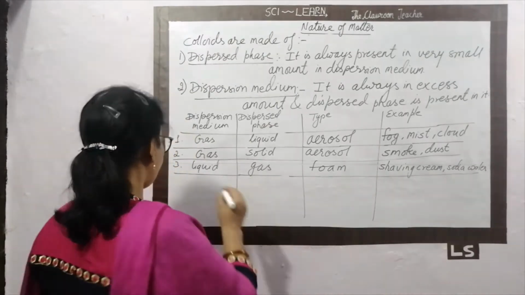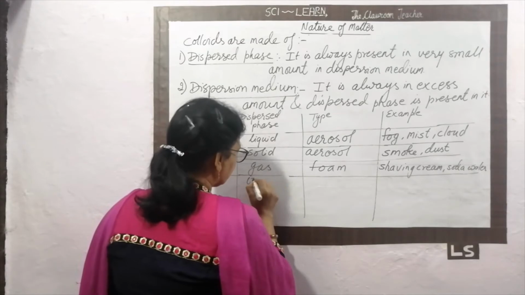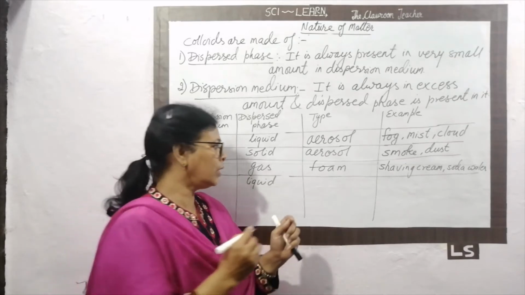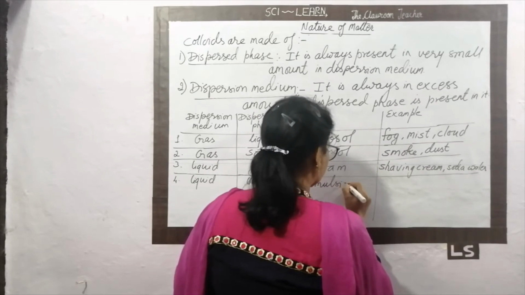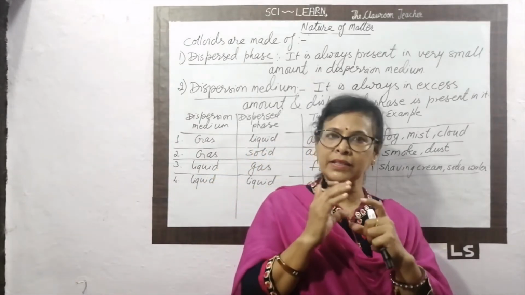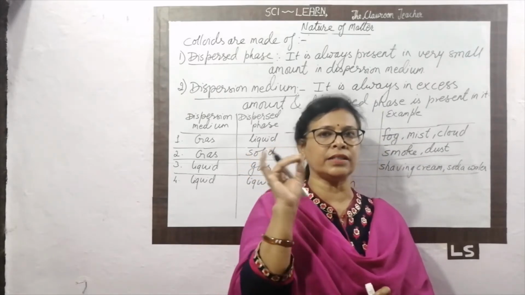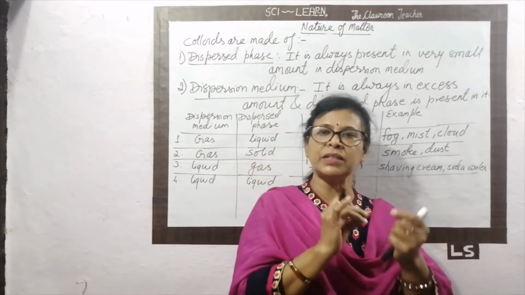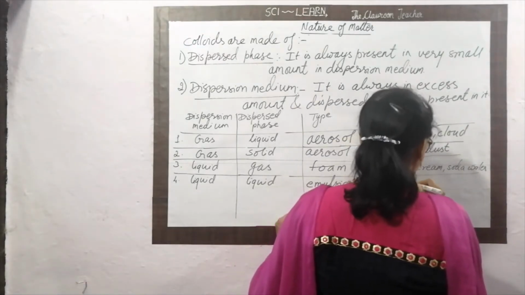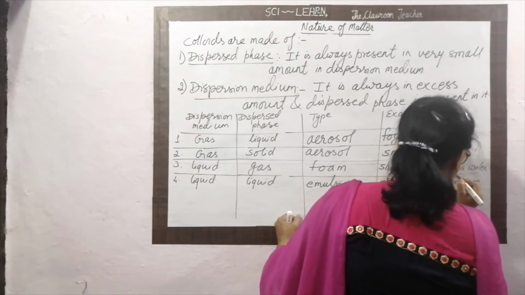When liquid combines with liquid, the dispersion medium is liquid and the dispersed phase is also liquid. Then it forms emulsion. What are the examples of emulsion? You see some medicine bottles. In a medicine bottle, if it is in the liquid state, you are able to read this term. That is emulsion. Emulsion means liquid is mixed with liquid. An example is milk. Again, medicine is an example. Cream is an example of this, not the milk cream, the face cream. Face cream is an example of